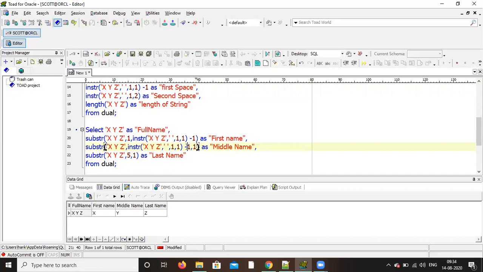So it will come as +1. So 2 plus 1, 3, right? That means first space +1. Okay. After that, what you have to do? Now 1, +1. So this is nothing but you are getting 3. Now how to get 1?